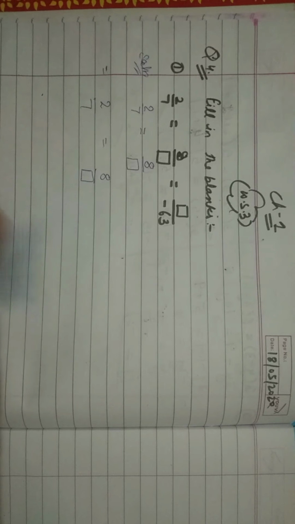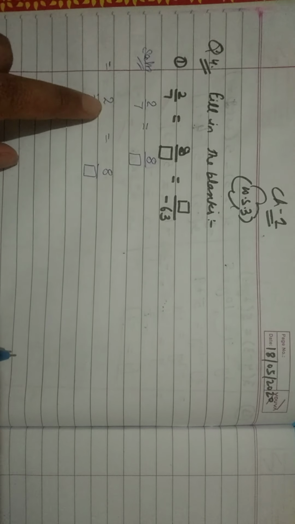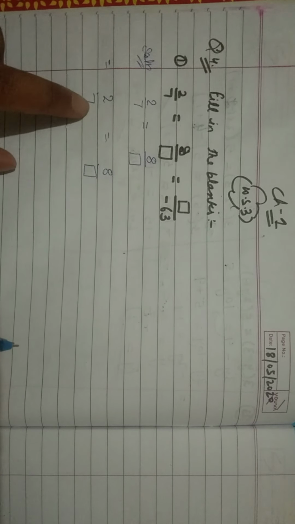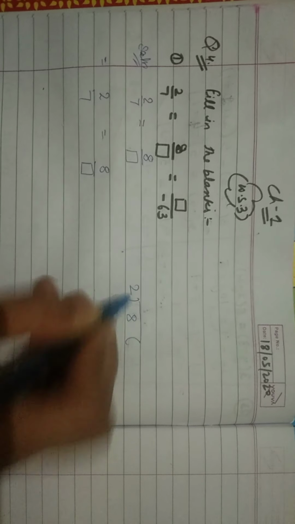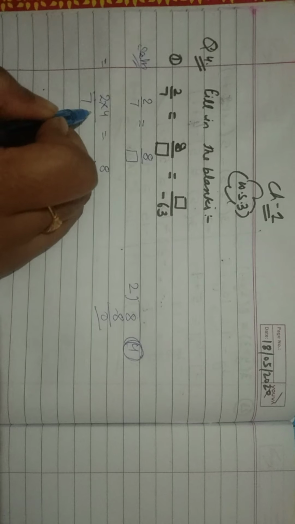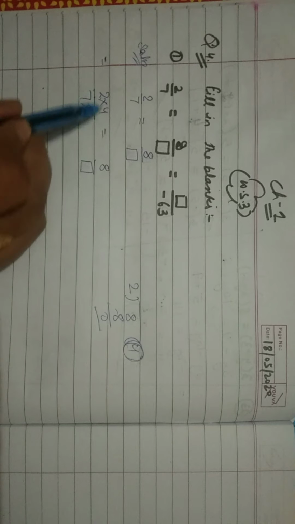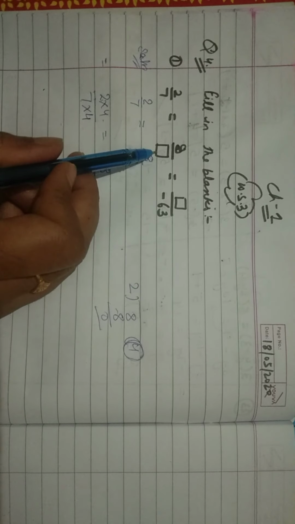From 2 we are coming to 8, that means we have multiplied 2 by some number, that's why we are getting the greater number. So in this question also, by which number do we have to multiply 2 so that it will become equal to 8? We will divide these two numbers. 2 4s are 8. That means we are going to multiply 2 by 4. If in the numerator we multiply by 4, in the denominator also we multiply by 4. So 2 4s are 8, 7 4s are 28. So your first answer is 28.